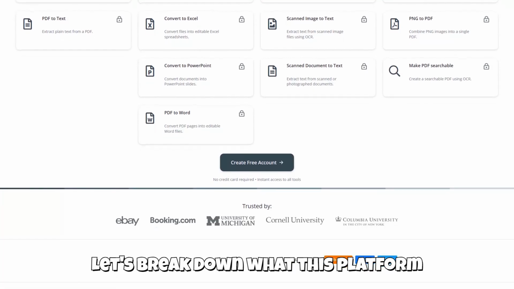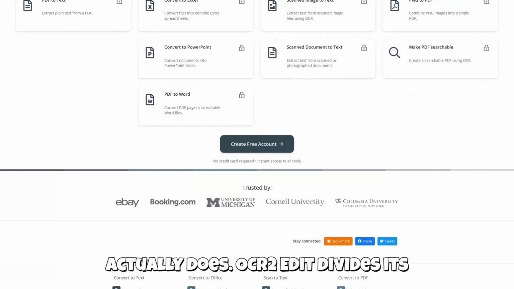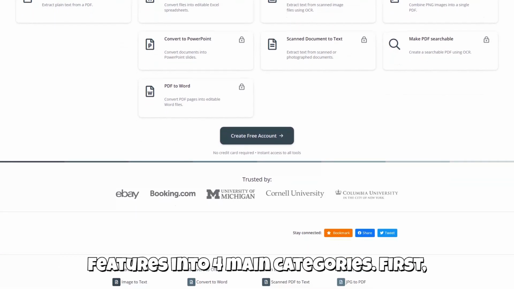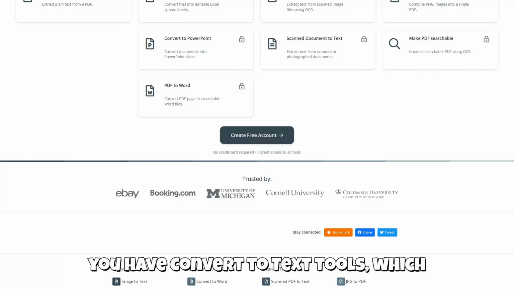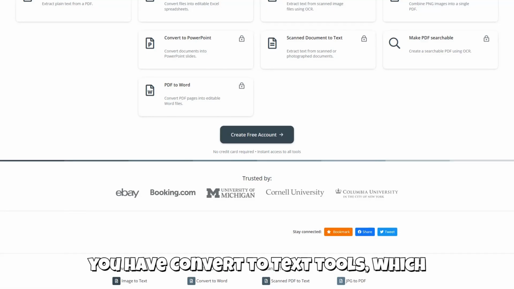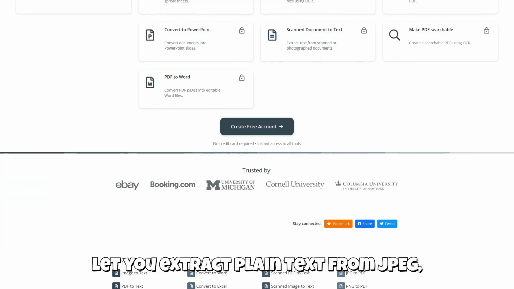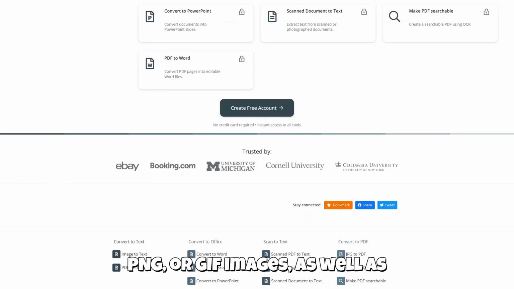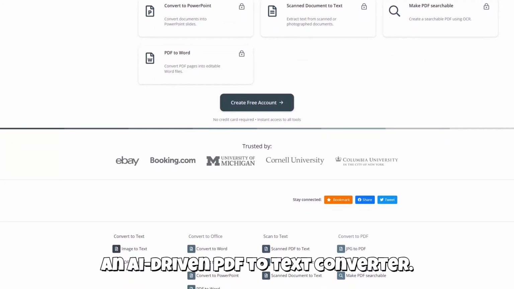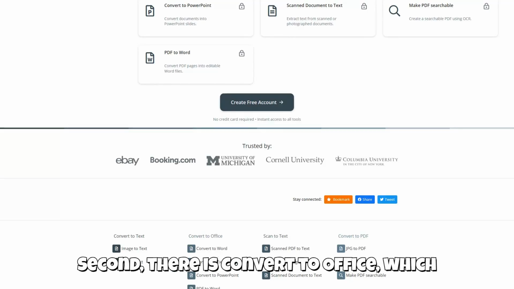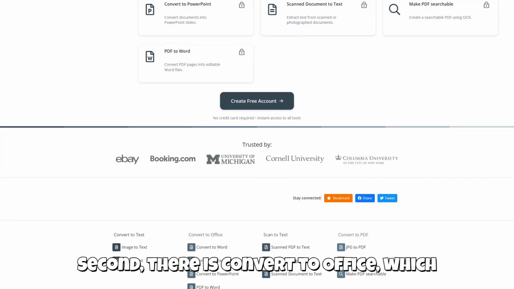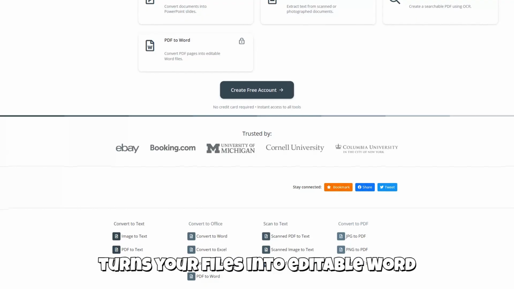Let's break down what this platform actually does. OCR2 Edit divides its features into four main categories. First, you have convert-to-text tools, which let you extract plain text from JPEG, PNG, or GIF images, as well as an AI-driven PDF-to-text converter. Second, there is Convert to Office, which turns your files into editable Word documents, Excel spreadsheets,